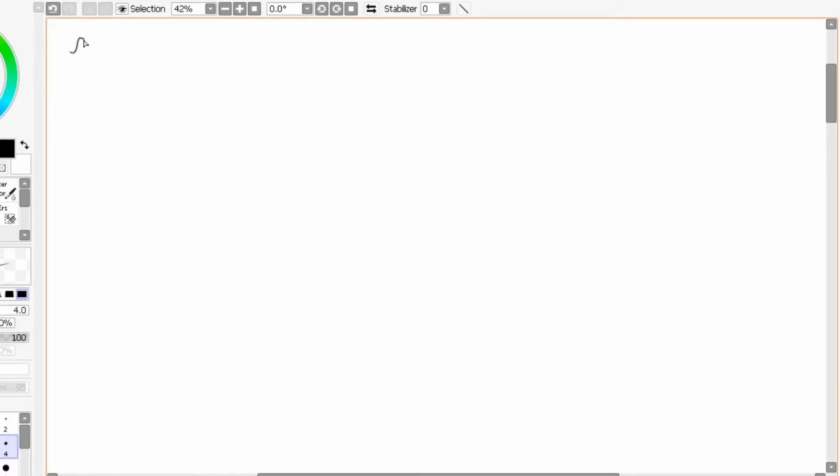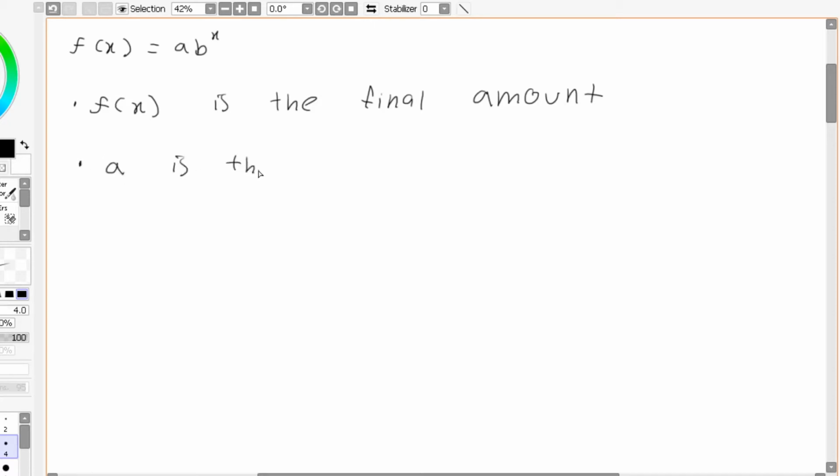So if we have our regular exponential function in this general form, first of all, f of x is the final amount, because it is the answer that comes out upon putting in the input. Some other components: a is the initial amount,